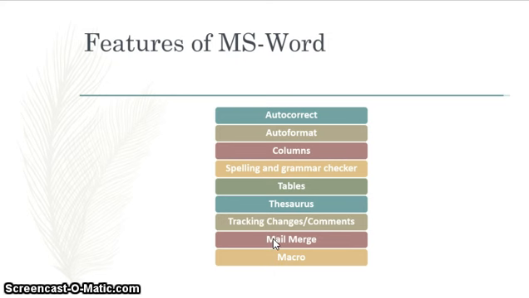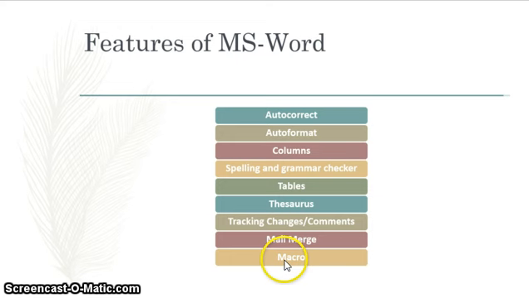Next is mail merge. What happens if you want to create a letter and you want to distribute it to almost 50 people or 100 people? It has an option of mail merge, in which you can create a single letter, mailing labels and envelopes for distributing to different recipients of the mail. So in this way, you need not type or copy paste the letter every time. It will automatically generate letters.